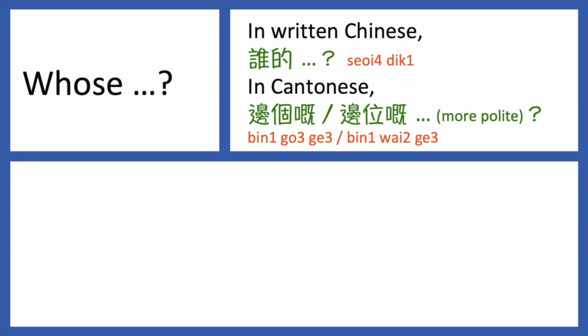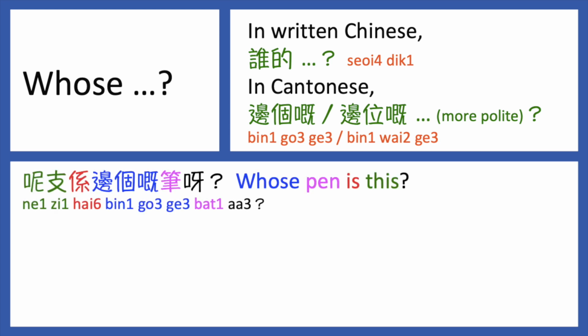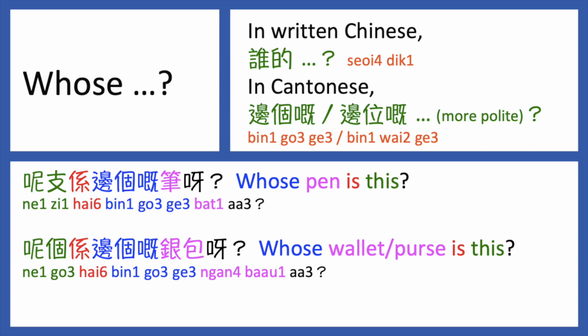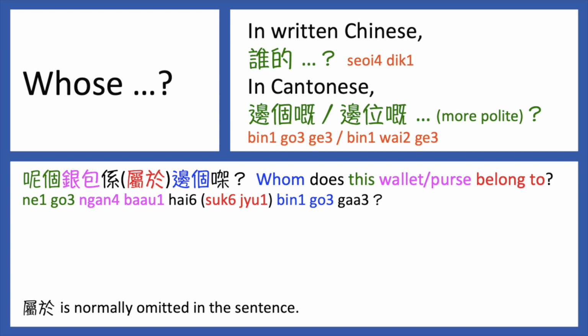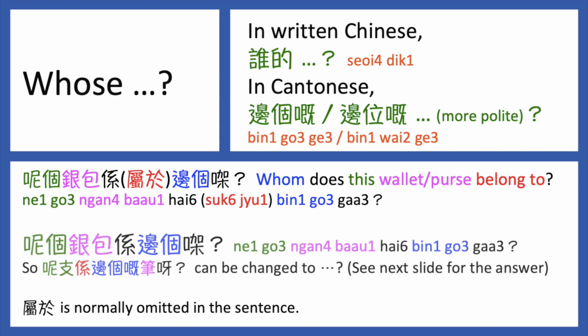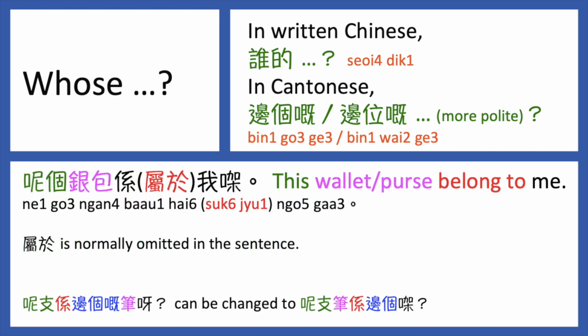Whose? In written Chinese, we say 誰的？ In Cantonese, we say 邊個嘅？ A more polite expression is 邊位嘅？ For example, 呢支係邊個嘅筆啊？呢個係邊個嘅銀包啊？ A more common expression, we say, 呢個銀包係屬於邊個㗎？ or simply, 呢個銀包係邊個㗎？呢個銀包係我㗎。